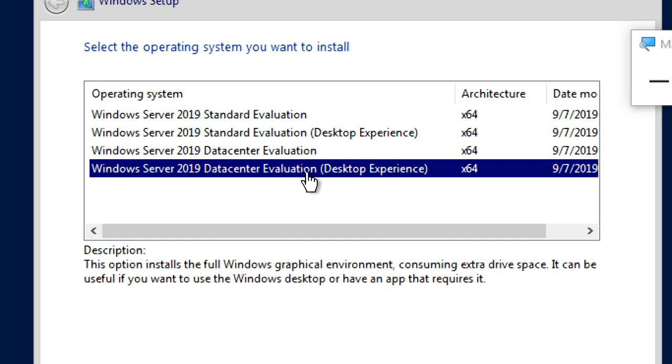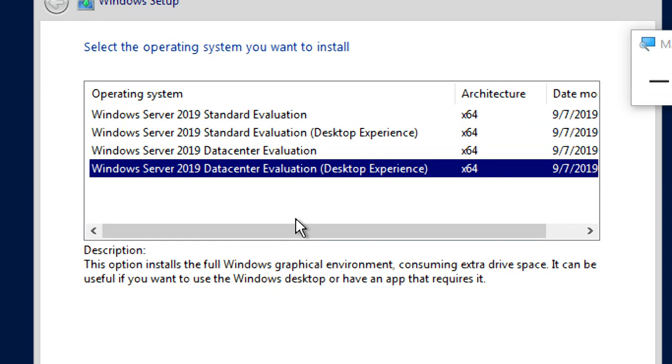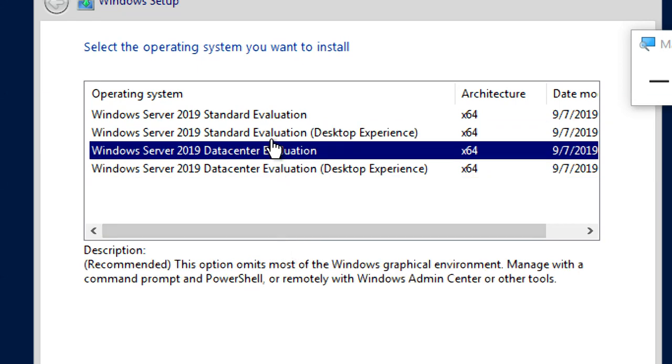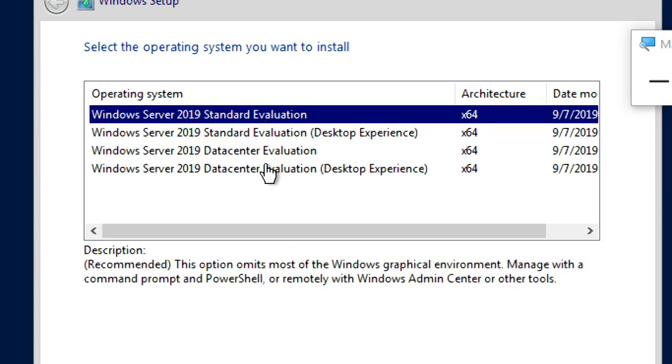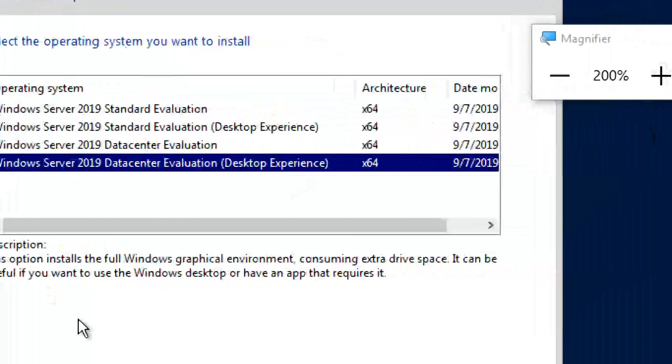If you want a desktop environment, you compulsorily have to select Desktop Experience. For now, use Datacenter Evaluation Desktop Experience. If you don't like Datacenter, you can choose Standard, no problem. But some people want to select one and by mistake select another. Select the last one, the fourth one.